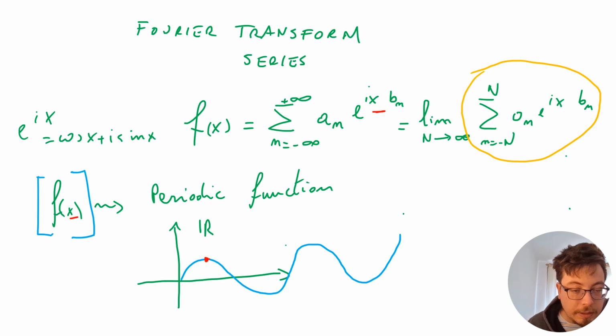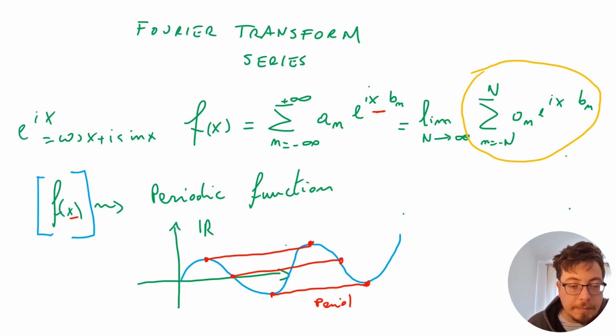So the distance between the points with the same value is called period. And as you can see, the period is the same between this point and this point. So basically you have an original shape, which I will highlight with these dots,